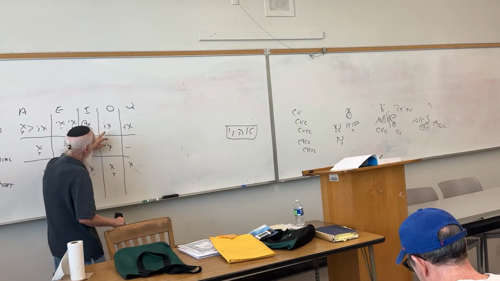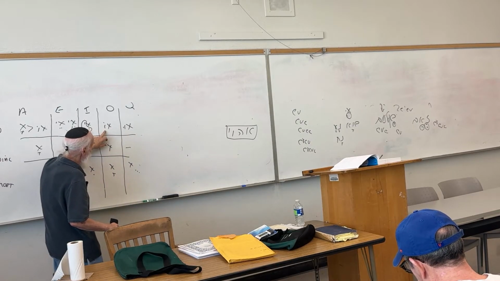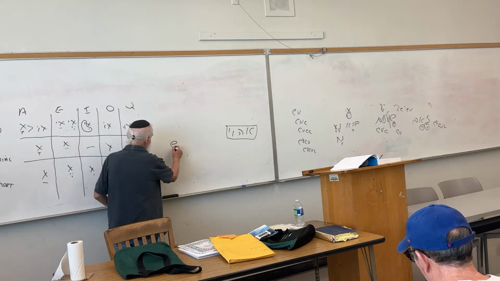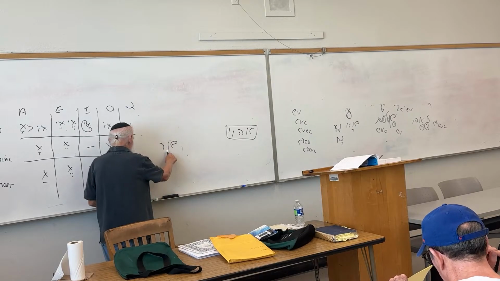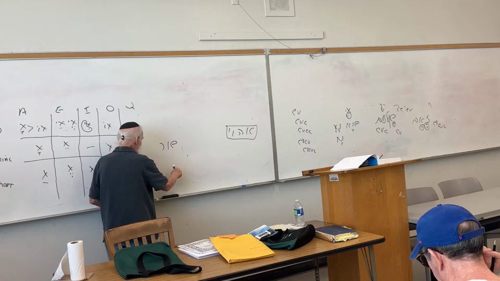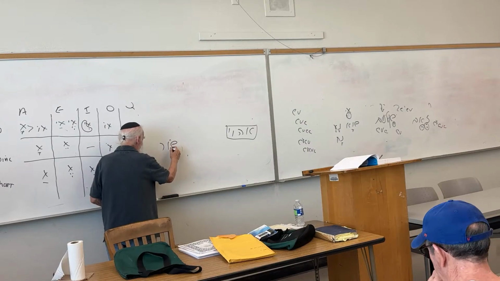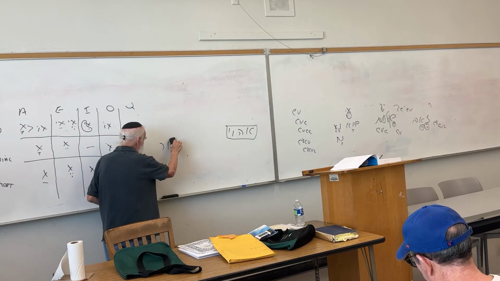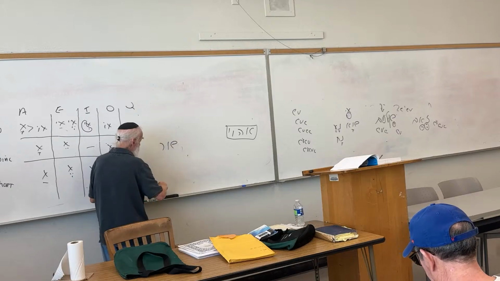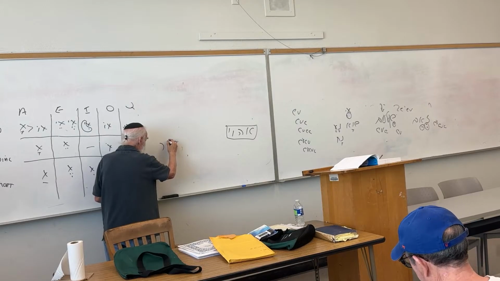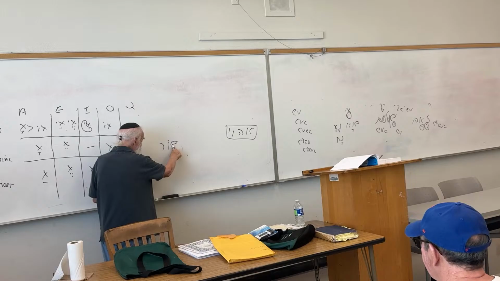Here's the letter vav, serving as a vowel marker, not as a consonant. So if I were to write out the word shor, shin vav resh, how would I know that the second letter here is a vowel and not a consonant? Because I'm familiar with the word. But if I were to vocalize it, then you can easily tell it's not going to be a consonant, it's going to be a vowel. But then again, be careful. The shin letter has a dot on the right, the sin letter has a dot over here. If I put a dot over here, you might think it's the sign of the sin.